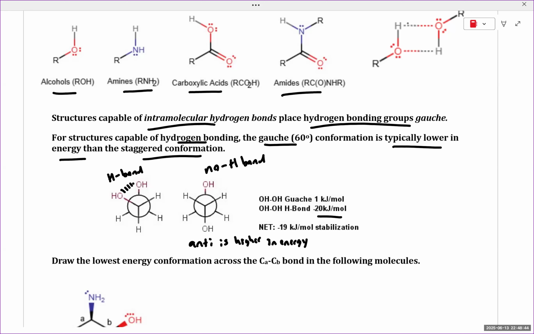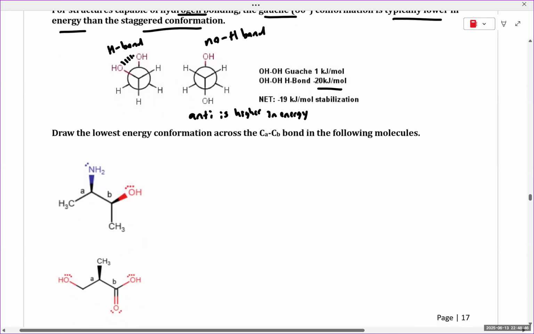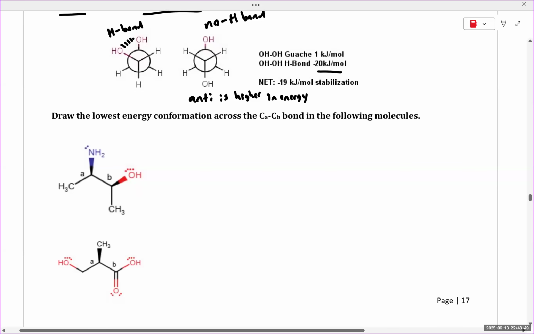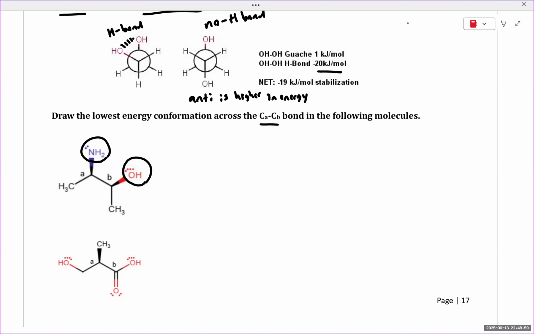interaction. So for example, if we have to draw the lowest energy conformation across the Ca-Cb bond in the following molecules, you're always going to want to make sure, if you have hydrogen bonding capable substituents, that those substituents are gauche to one another. For this second example, let's look instead at this carbon AB bond, just as I found it's a little bit more interesting. Now, taking a look at this first example, we see that the amine and the alcohol both have